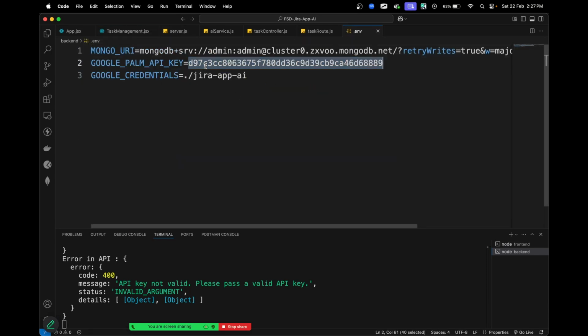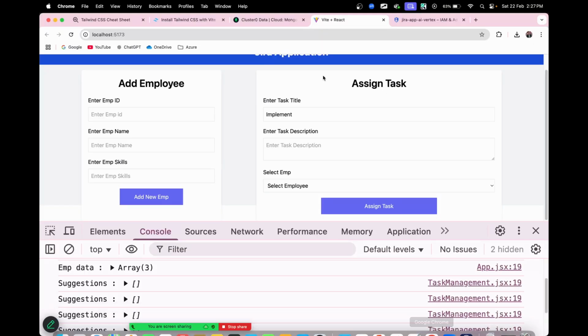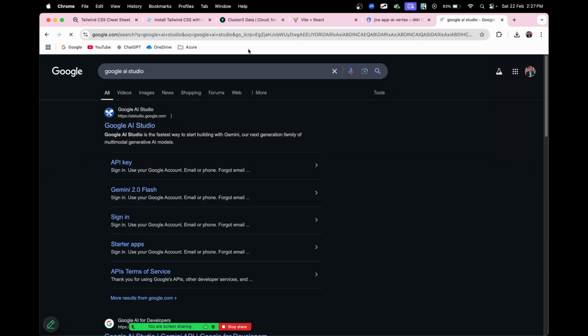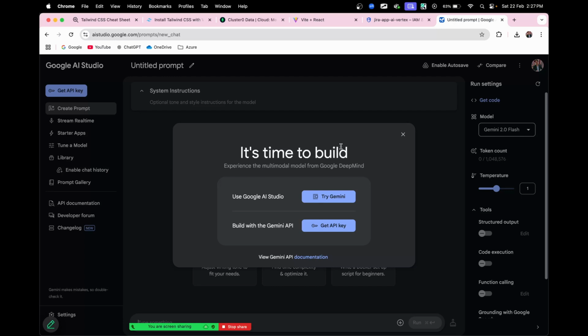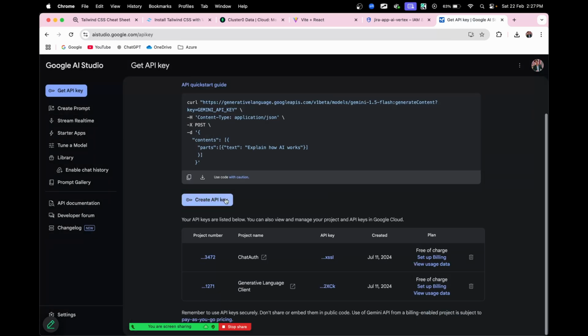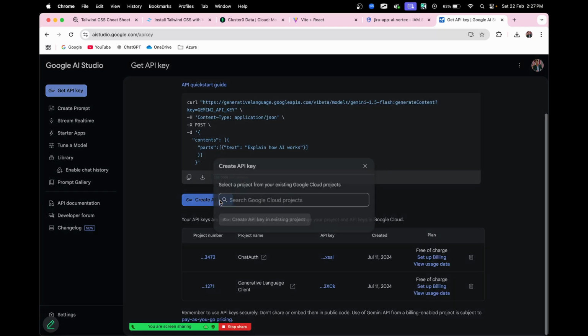Google PaLM API key. Let's do one thing. Just go to Google AI Studio. Pick the API key from here. Get API key. Use this. It will be a shortcut and it is going to be a better approach. You don't have to do the